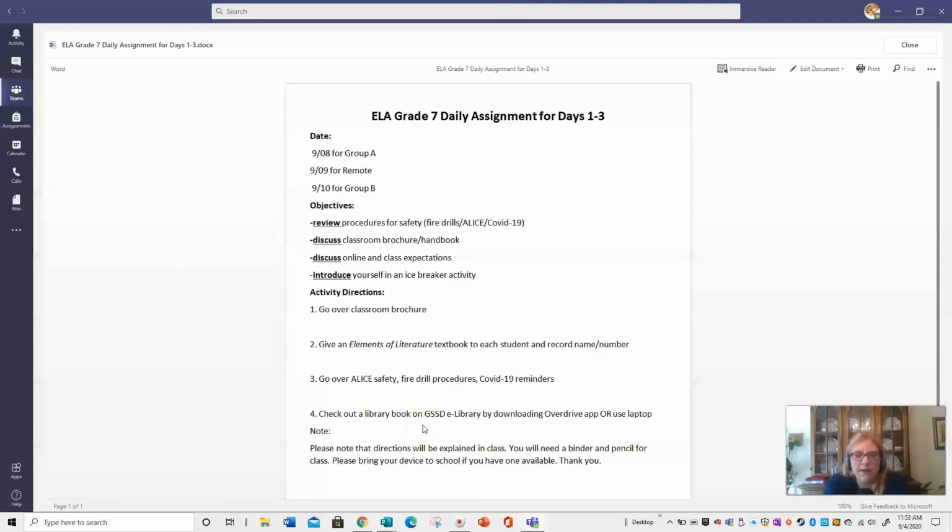e-library. If you have a cell phone that you want to use, I would suggest that you bring it to class so that you can read your book on your phone. Because if you have the Overdrive app, it's going to be a lot easier to use, though you can use that on the web. Okay, so those are just what we are going to be doing on that day one